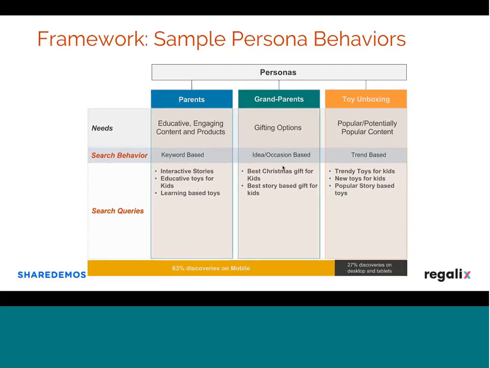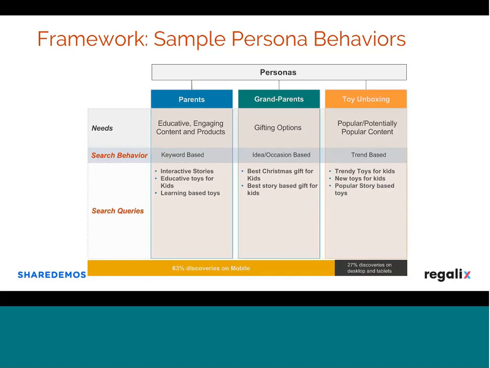So how would they search? They would search best Christmas gift for kids, best story based gifts for kids, and so on and so forth. While on the other hand, an influencer is a money making entity. So for example, mom bloggers also are a money making entity. Or we talk about